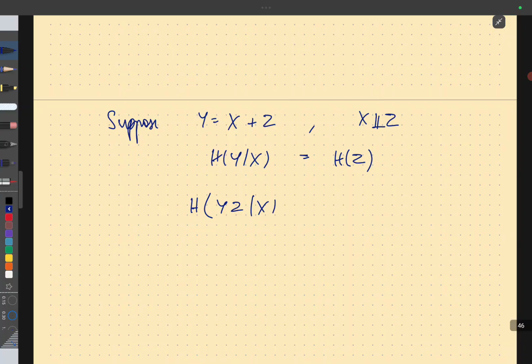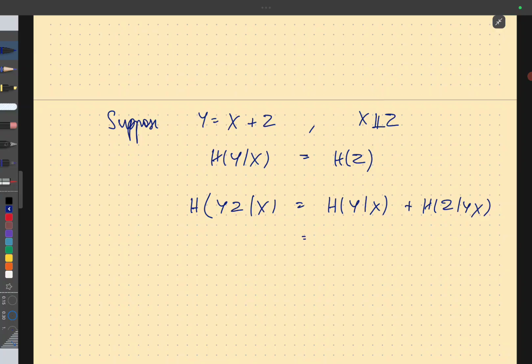I'll start with this quantity, the entropy of y and z given x, and we'll use the chain rule in two different ways. So this is equal to h of y given x plus h of z given y and x,